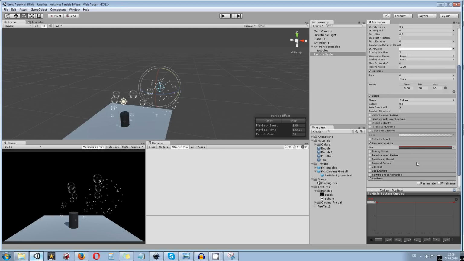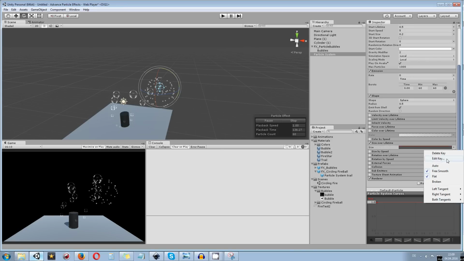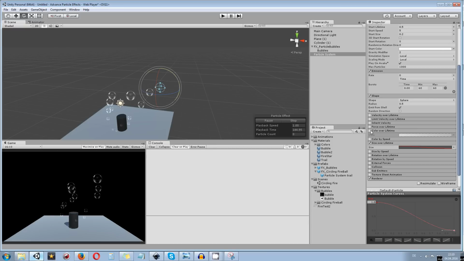So we can do the same with the curve in here. The first point is going to be at 1, which is the maximum size, and the second key can be gone down to 0, which might look a bit better. And you can of course combine those two. So they will get reduced and will of course also get transparent over lifetime.